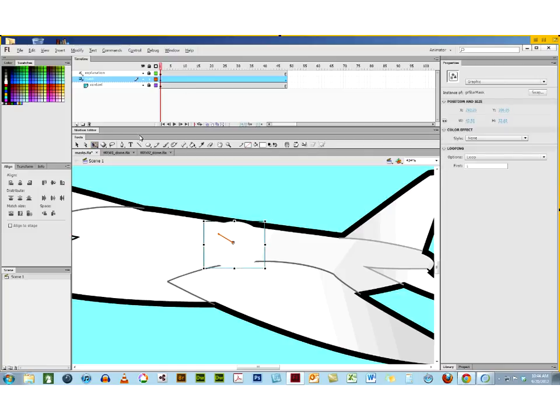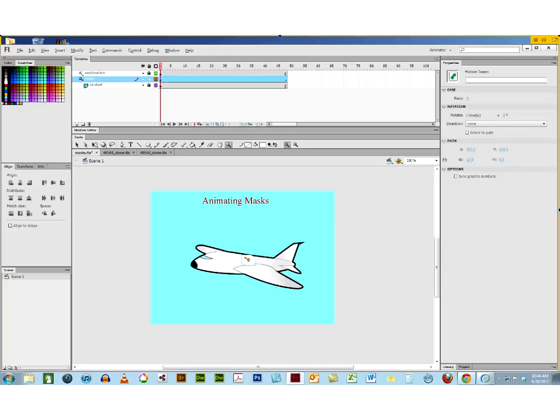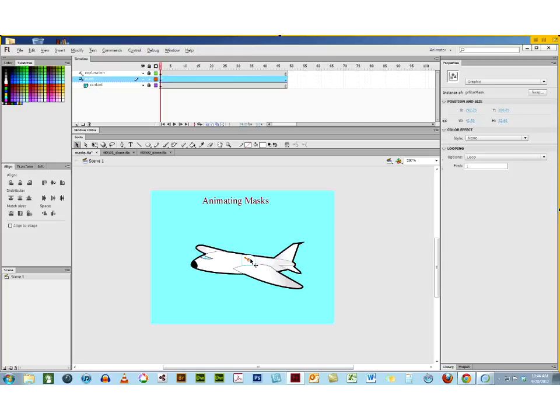So I'm going to resize this a little bit. I'll zoom back out. Now, I'll select that object, and I'll start by showing the tail. And we'll make it a little bigger still. Okay, so it starts by showing